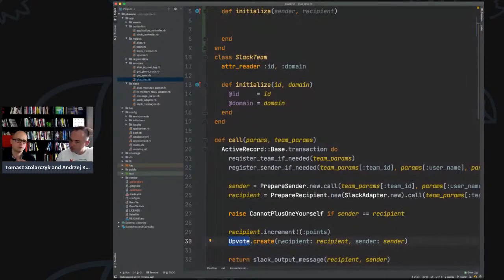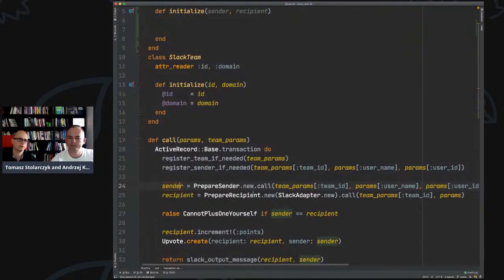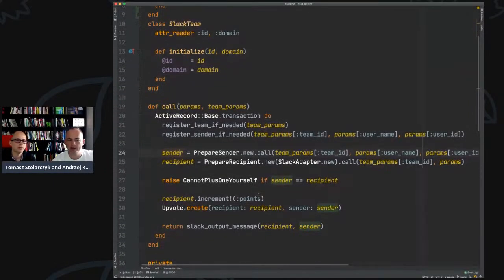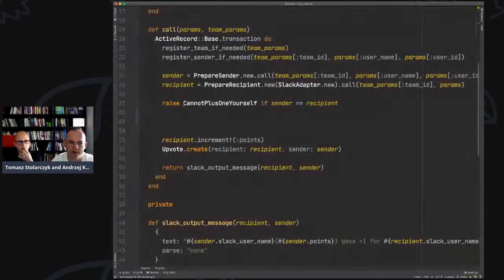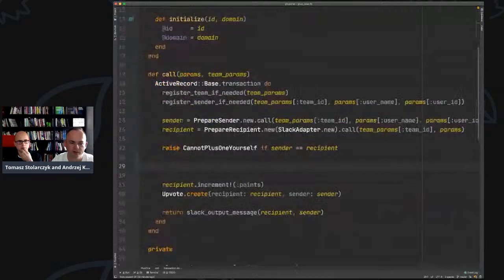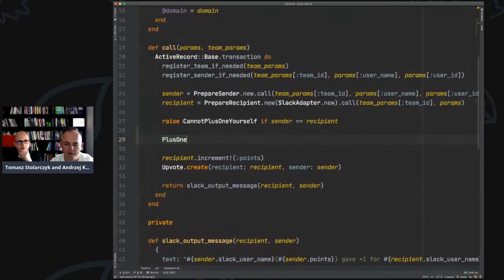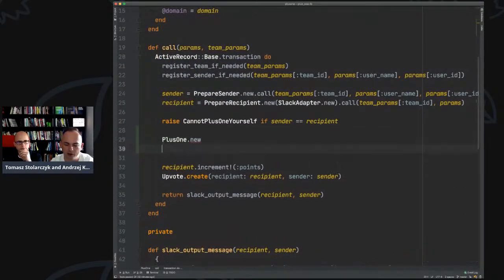From my perspective, I was thinking about upvote as some kind of domain object, value object, and then you could have read models based on the upvote somehow, right? Yeah. So my idea is that, but I get it that you also have to increment the recipient. Okay, so that's the logic. So my idea would be to have this domain object created. Okay, there is a clash of namings right now, so it's just pseudocode. So if it's fine, then we publish to the event bus. Yeah. Publish +1.